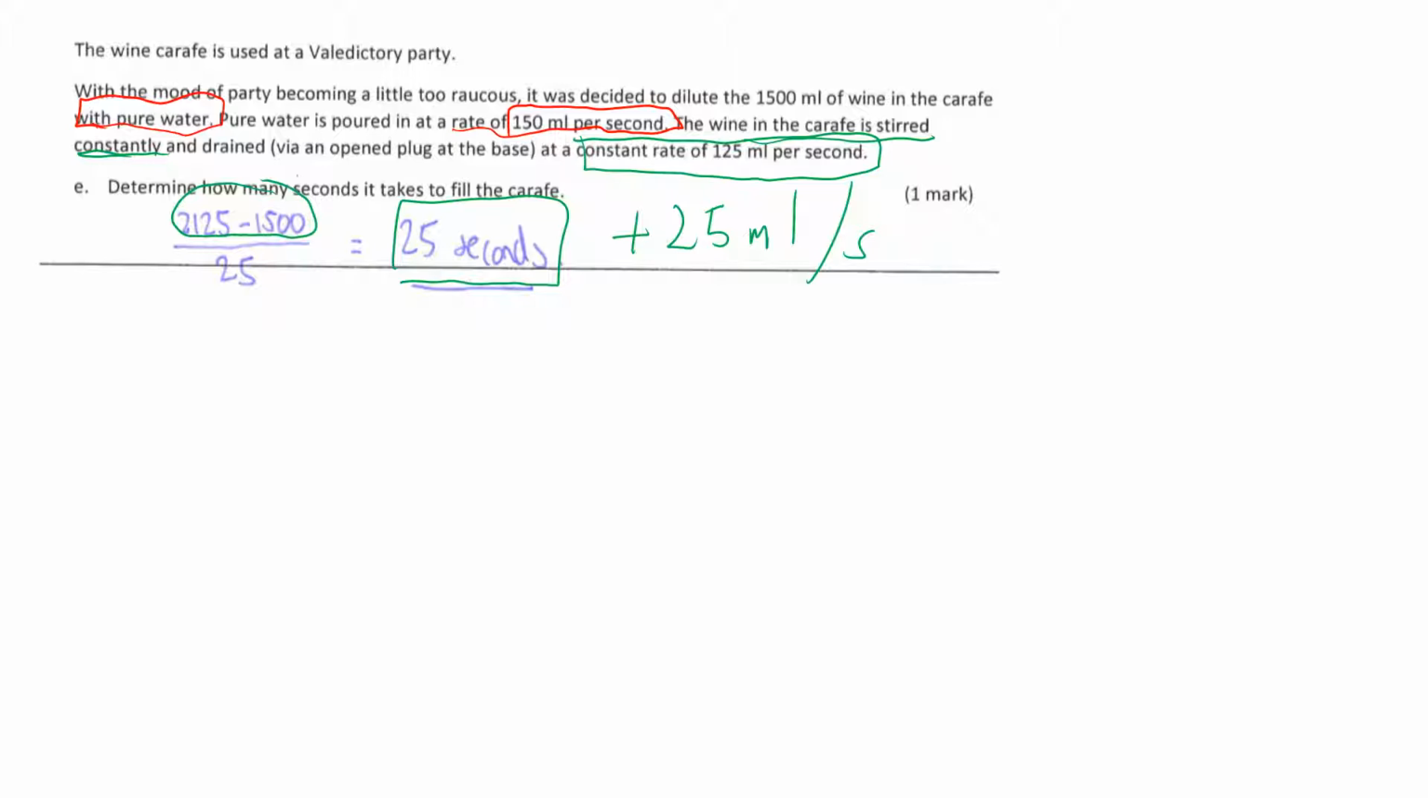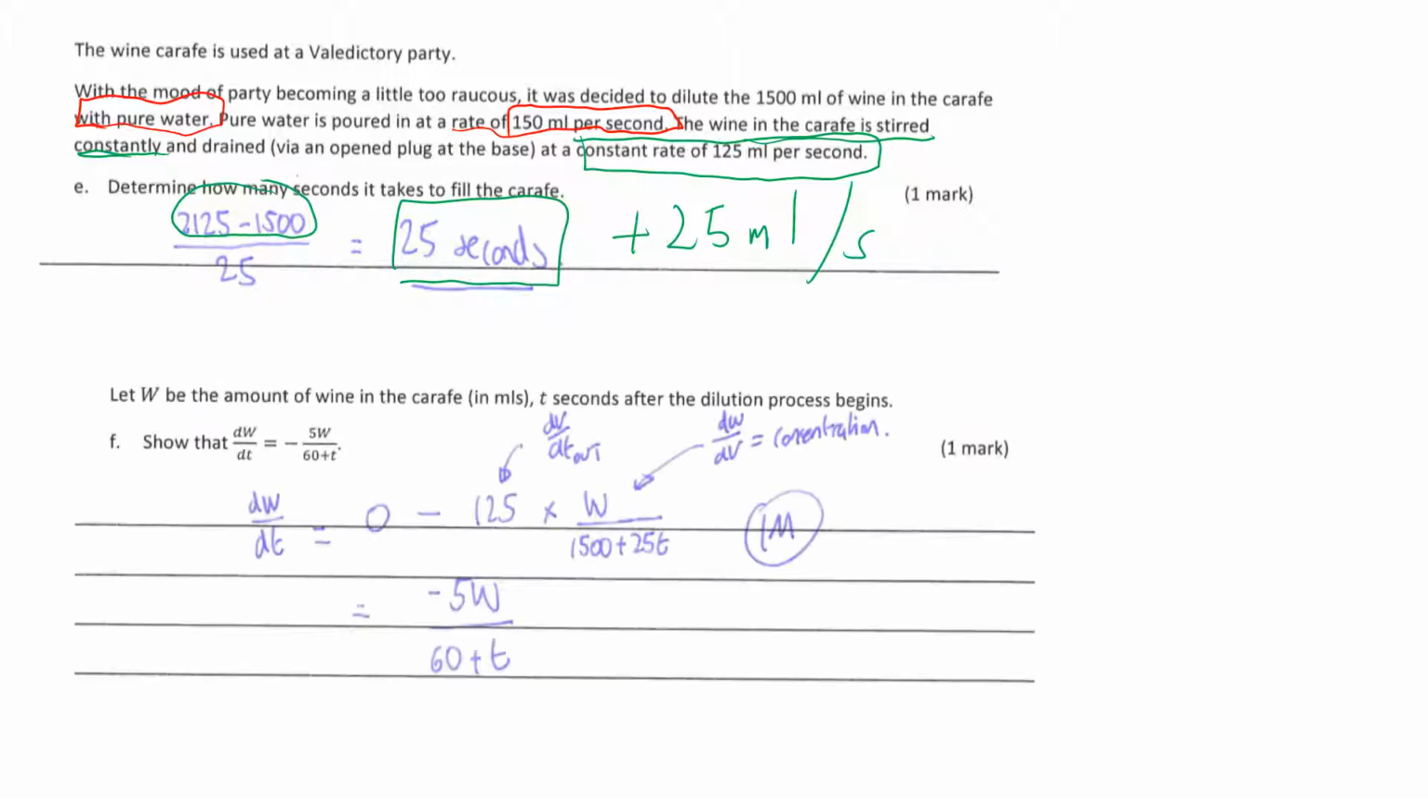All right, now, as I said, the clues were in the text that where we're headed is a mixing problem, and that's what you had to do in the next part. Only worth 1 mark, but setting up the DE was simply applying the model for setting up differential equations in mixing problems. So W is the amount of wine in the carafe in mils, T seconds after the dilution process. Show that the rate of change of W with respect to time can be given by that expression. Okay, where is that coming from? It's pure water. Don't forget, pure water